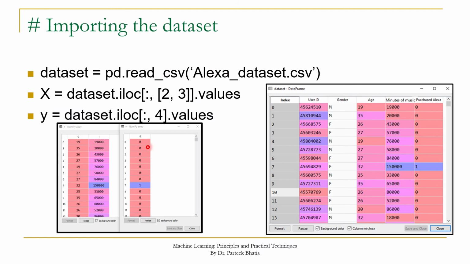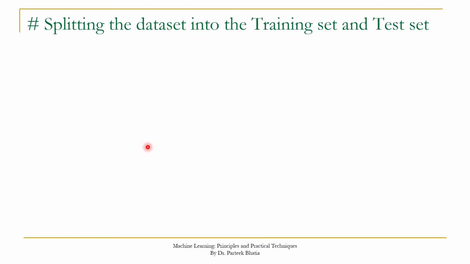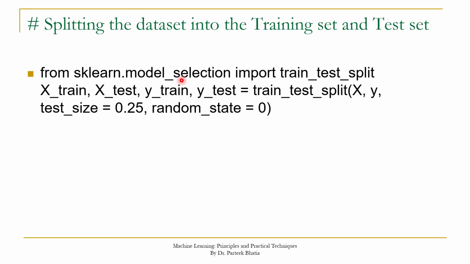After creating x and y, the next step will be to perform train test split. In order to perform train test split, we have to import the method train_test_split from the model_selection sublibrary of sklearn. So here we are importing from sklearn.model_selection import train_test_split. Here we are passing all important attributes to this train_test_split. We have to split x into xtrain and xtest, and y into ytrain and ytest. So here we are specifying x and y.